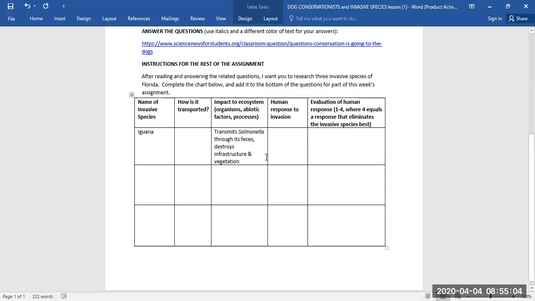The human response to the invasion, let's see what we're trying to do to stop them. I'm going to look without maybe taking you there. Human response to iguanas in Florida. Let's see if that's enough. It says we're urged to kill them whenever possible. I've heard they taste like chicken. They might make a good dinner. Doesn't sound very humane killing iguanas. I don't know if I'd want to do that, but